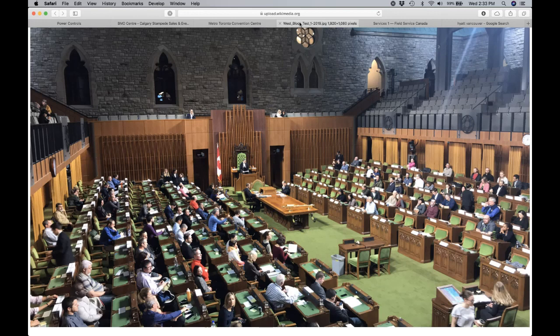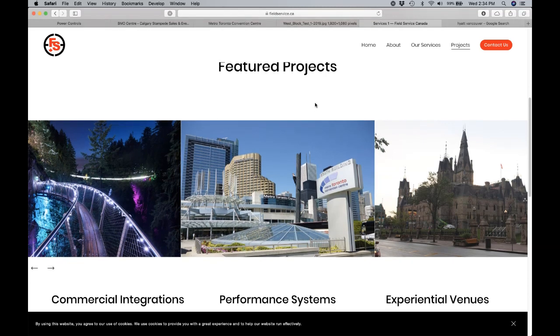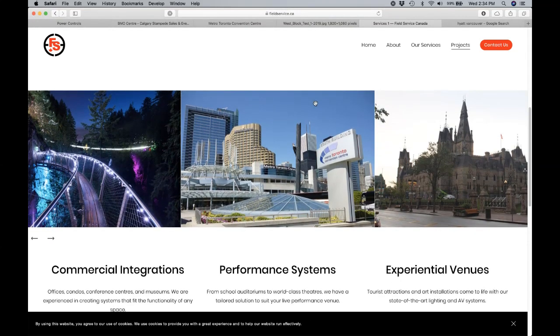The details on the Parliament Hill system, again, are available at any time. If you reach out to the CETEC group or field service, we'd be happy to talk you through and give you some examples of what's actually in Parliament Hill. Some of the other venues that are outside of the norm, I just wanted to take you actually to our field service website for a minute, and I wanted to show you a couple of different venues that may catch your eye. So on our main launch page, we have this colorful suspension bridge system, and this is actually